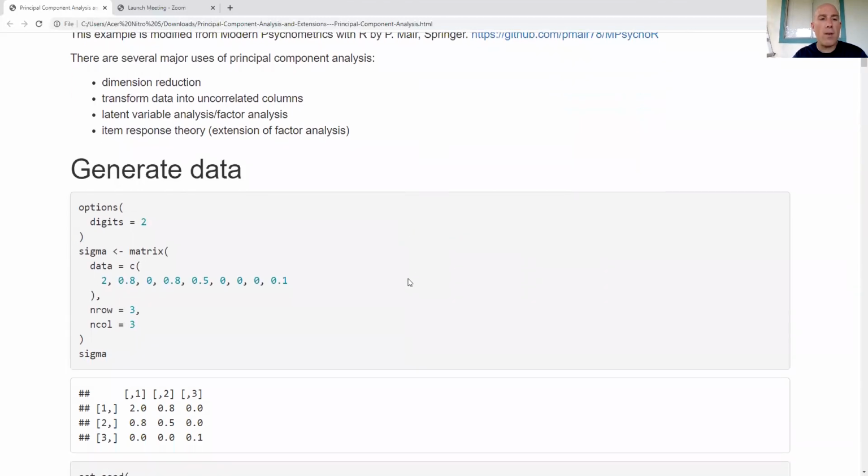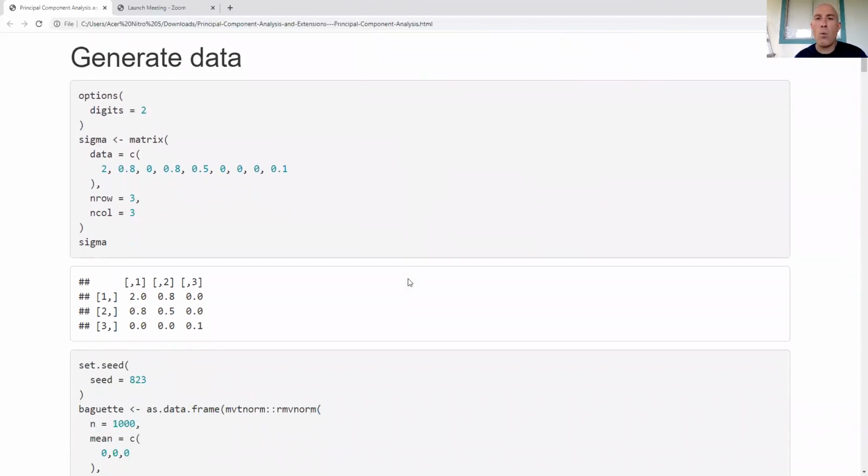All right, so let's look at an example. So here we're going to do pseudo-random number generation, and I'm going to just generate an example with 3 columns, pretty simple, just so that we can get a feel for what principal component analysis looks like. All right, so what I'm going to do, I'm going to do multivariate normal. So this is going to be a 3-variable